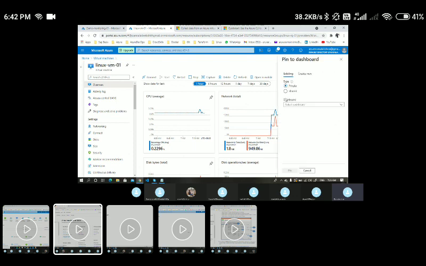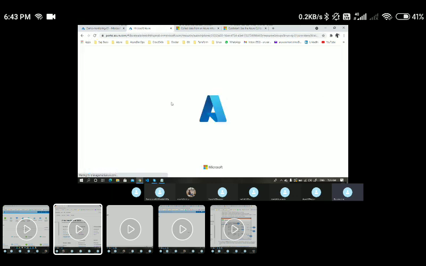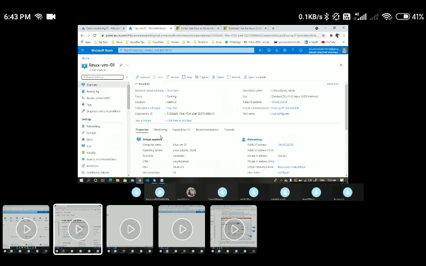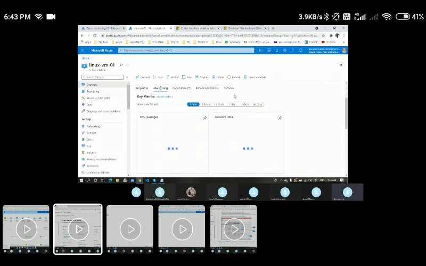So I'll just pin it. When you click on pin, it will ask me the dashboard name. Just a second, I need to reload this particular page because when I duplicated it, it might not be taking the changes. So let me go back to the monitoring, and let me click on pin again,